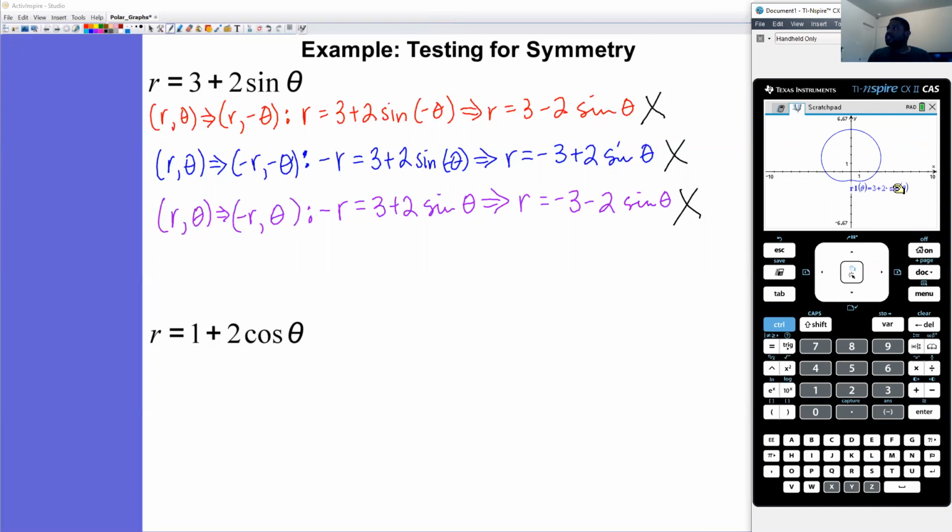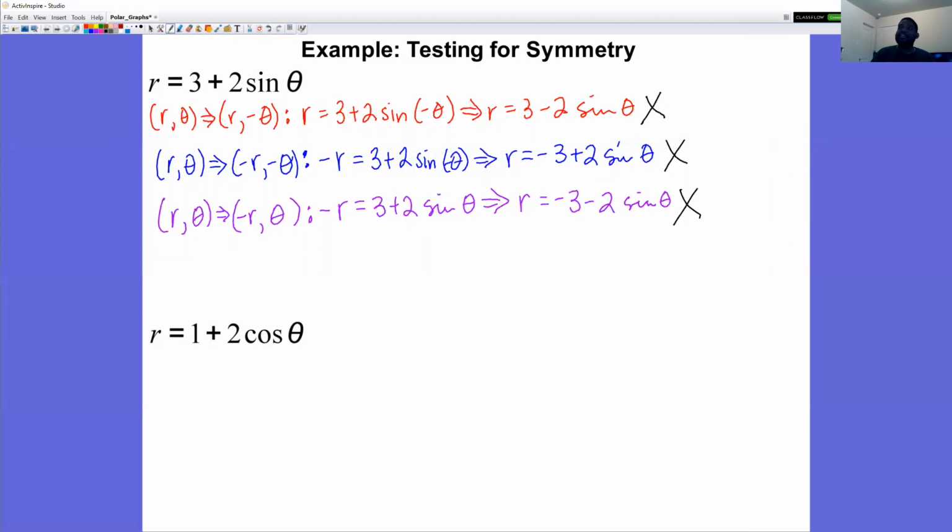I'm going to move the equation out of the way, and as you can see here, this has symmetry with respect to the line theta equals pi over 2. And so by graphing, we concluded that